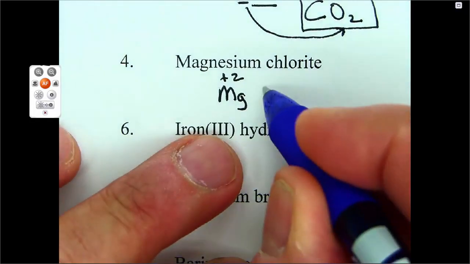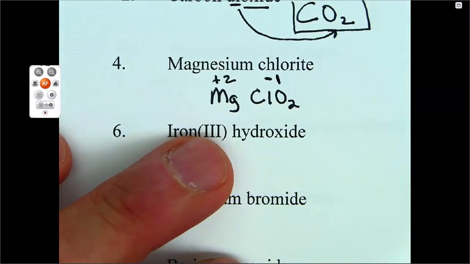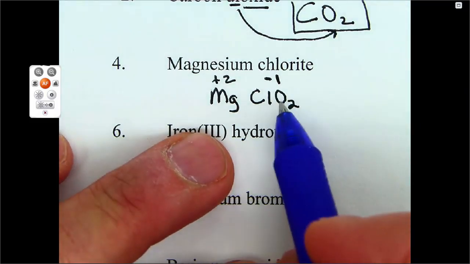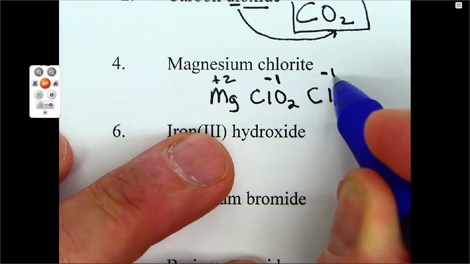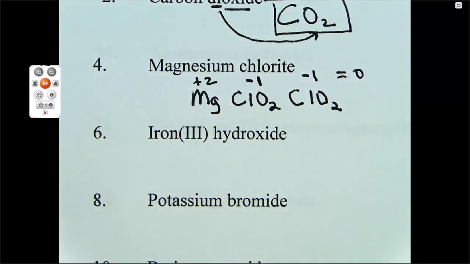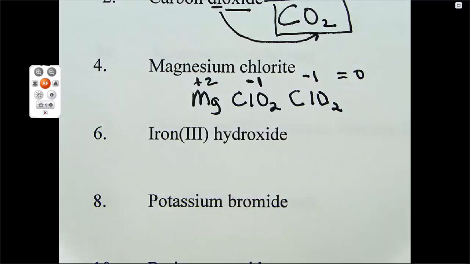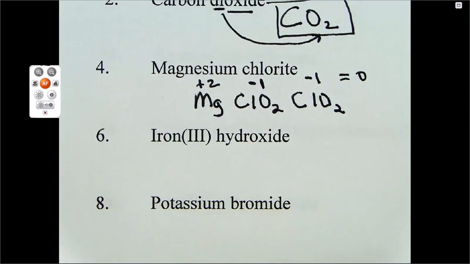So ClO2 minus 1. Well, we don't have 0 across the top, so we know we need another chlorite, so we're going to write that in. ClO2 minus 1. Now I have 0 across the top. This would be written correctly. I guess we could leave it like that, but a shorter way to do that is to put the chlorite in parentheses. Just like we expanded these out in a previous recording,